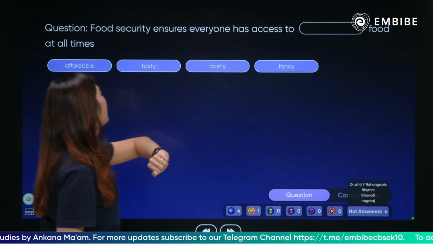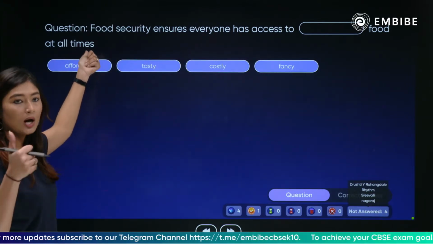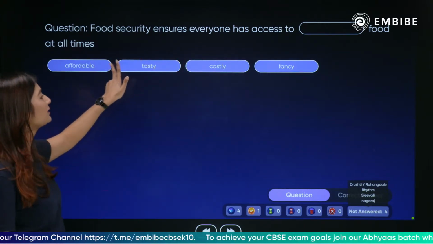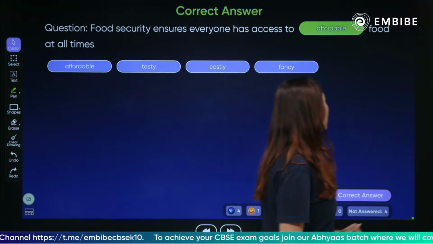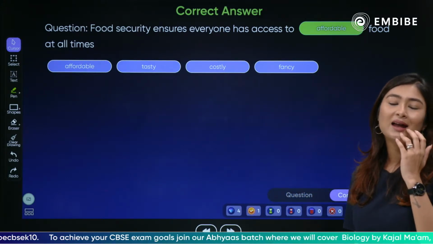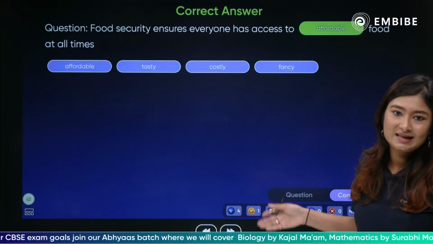Food security ensures everyone has access to dash food at all times. So availability, all times, access is the second factor. Third factor क्या रह जाता है? Affordability. सही prices पे available होना बहुत ज़रूरी है. हाँ, I realized कि मैंने ना गलती से 3 dimensions बता दिए और question उसी के बारे में था.